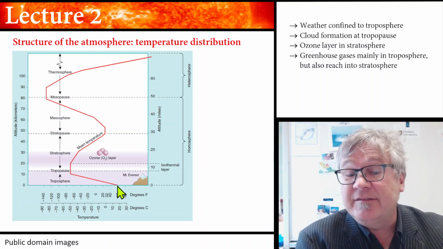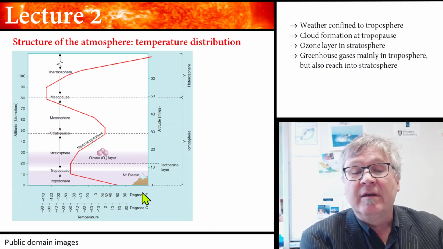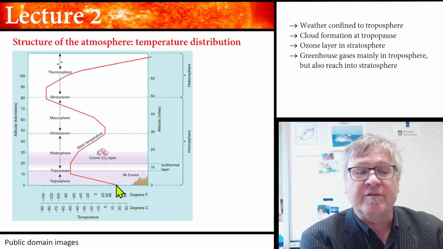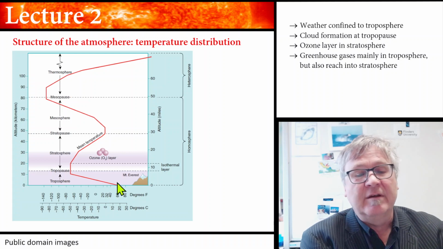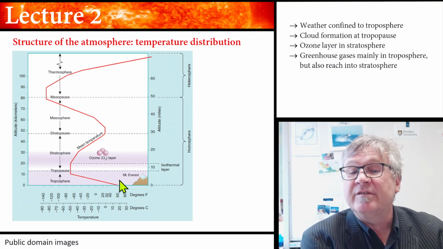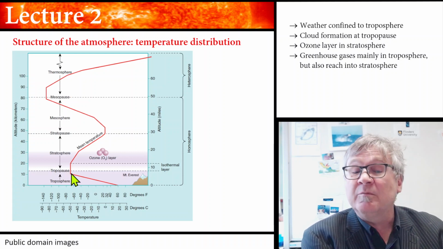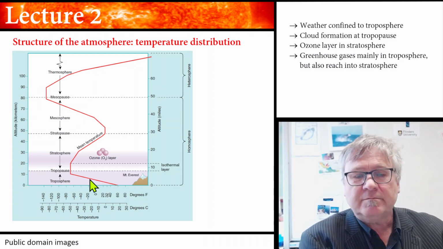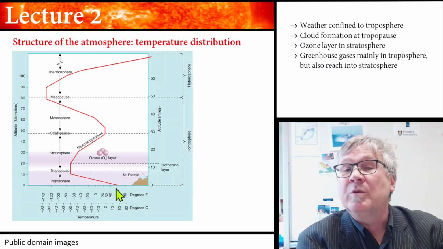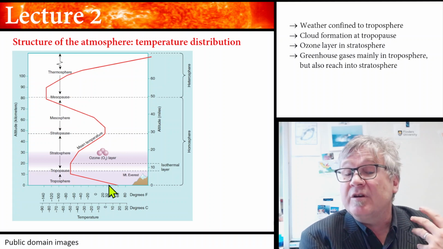As density decreases, we again show here the temperature distribution as a function of distance from the sea surface, called altitude. Okay, highest temperature found near the surface, and then as pressure decreases, so does density and temperature. Temperature decreases. Okay, and this is within the layer that we call the troposphere. Okay, the troposphere is the layer that contains the weather patterns. This is where the dynamic action happens. And this temperature decrease with height